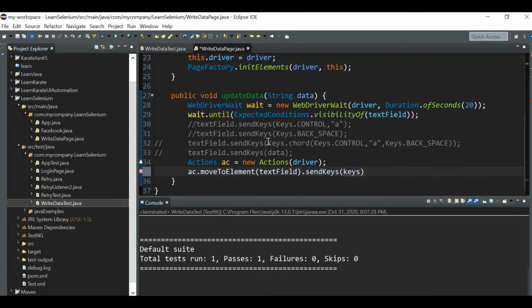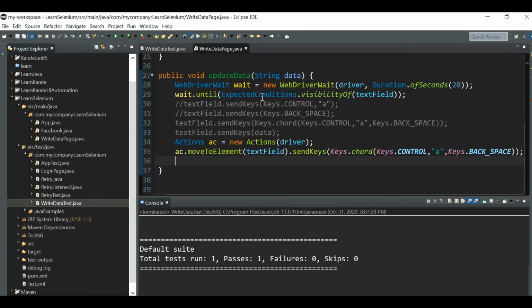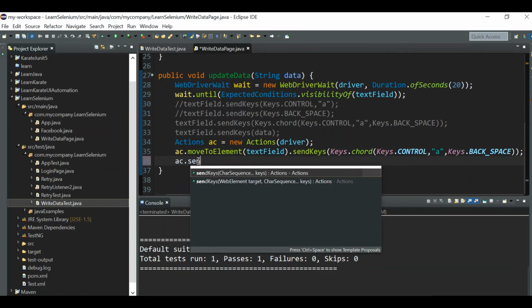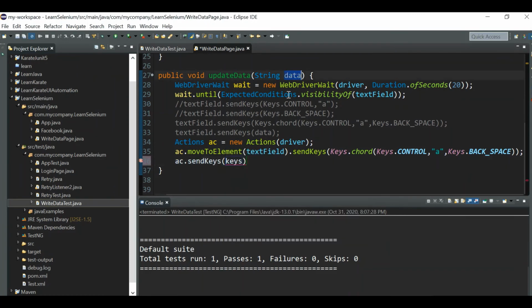Send keys, and the remaining part will be the same. This is to clear the data, and after this you can send the data using ac.sendKeys(data).